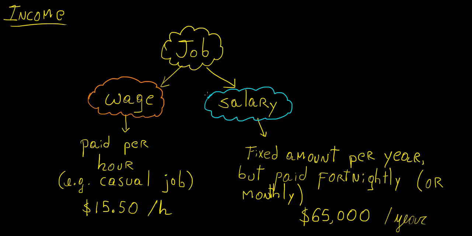So if you're in year 9 or if you're still in secondary school, you're probably not thinking about the importance of knowing things about jobs and whether you're going to make a salary or a wage, or how much money you're going to need to spend on a weekly basis on things like rent or a mortgage if you manage to get a house or an apartment, things like groceries, the amount of food that you eat during the week, things like electricity bills, water bills, internet bills, and whatever.